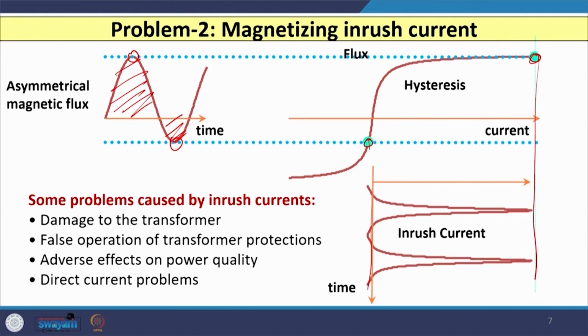This magnitude of current is almost 5 to 6 times the full load current of the transformer. Because of that your transformer may be damaged. It is possible that your relay looks at this as an internal fault and trips the circuit breaker, so false operation can be observed. Sometimes power quality is also adversely affected, and this inrush current contains a significant value of DC component. Problems because of this DC component are also observed when we have magnetizing inrush current during switching of